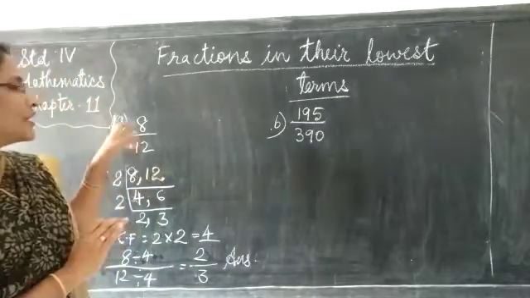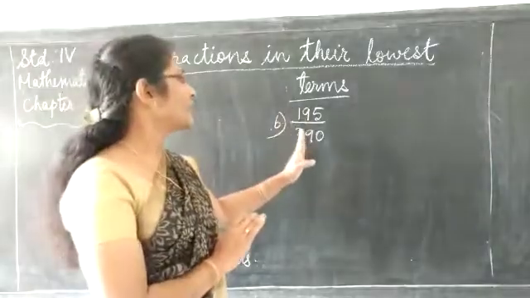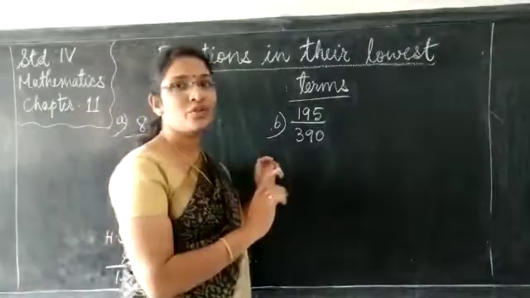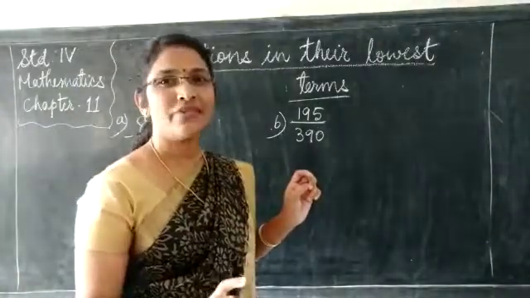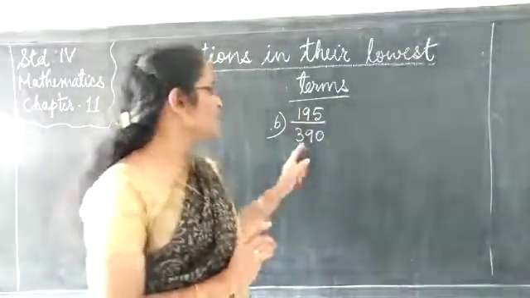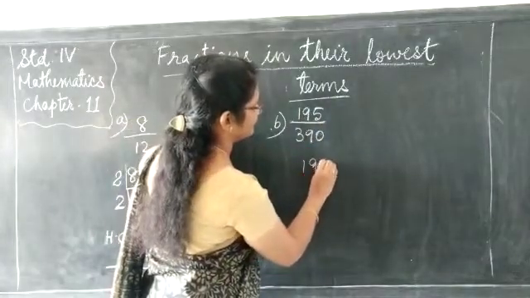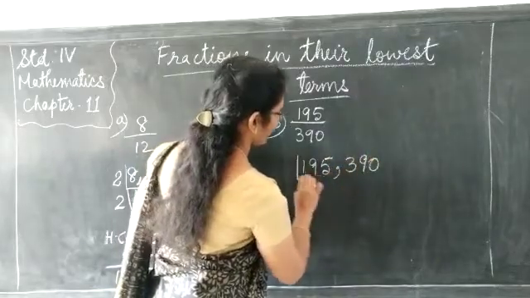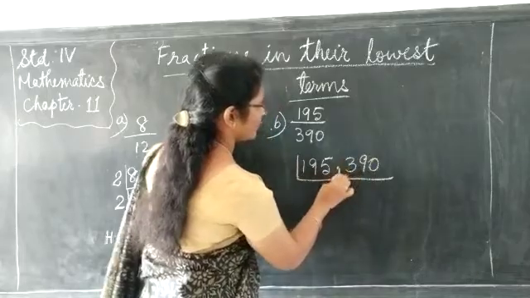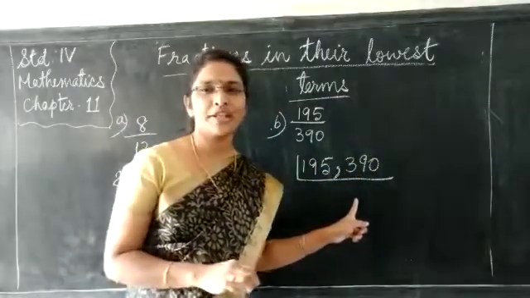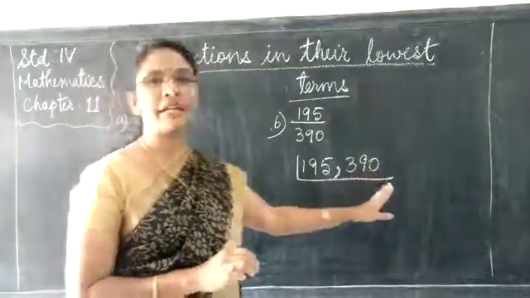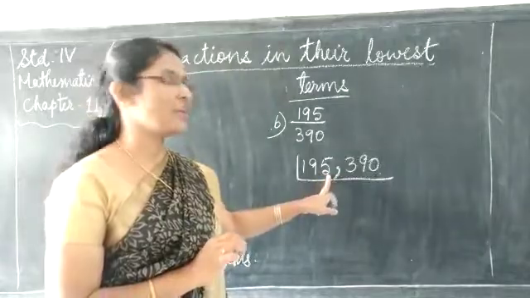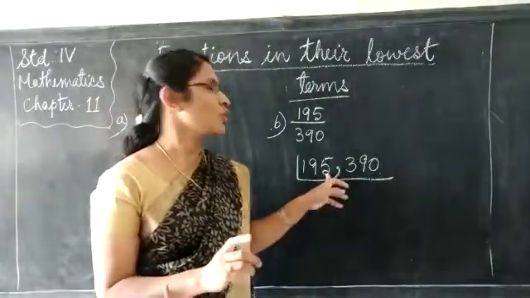Okay. Now let's do one more question. 195 by 390. First, what do we have to do? We have to find the HCF of 195 and 390. Now, are they divisible by 2? The smallest prime number is 2. Are they divisible by 2? No. 390 is divisible by 2, but for 195, the last digit is not an even number, so it cannot be